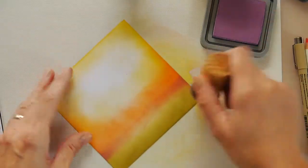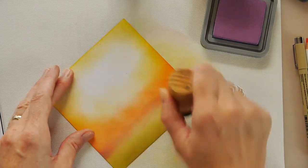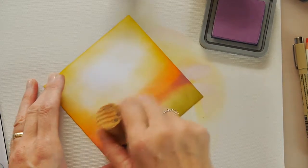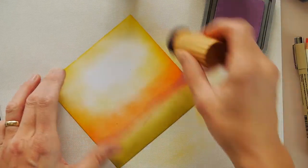I'm just turning this round so I can work from this way, and you can carry on seeing what I'm doing. This gives some sort of idea and perception of hills in the background, but also, if you remember, autumnal sunsets, sunrises, there's a whole host